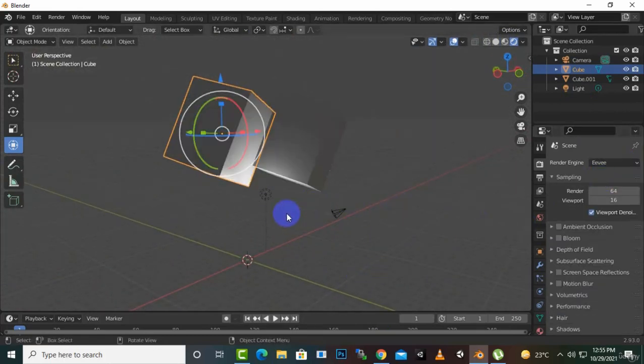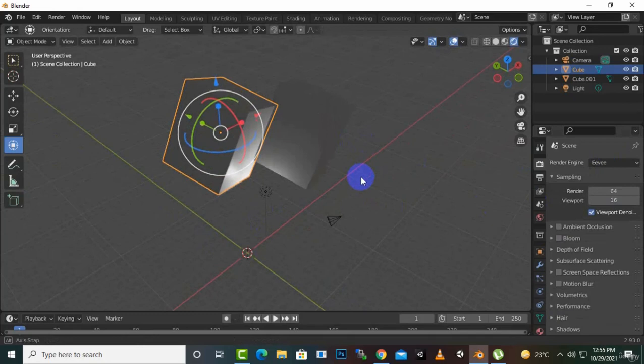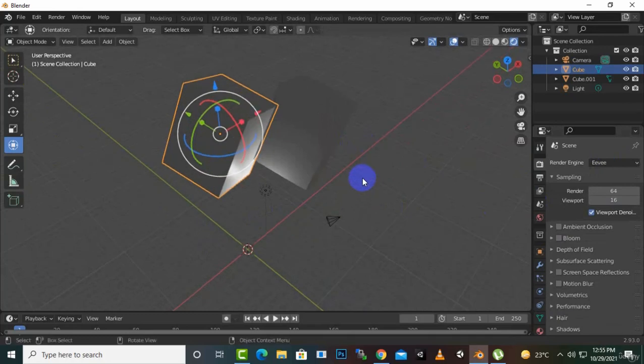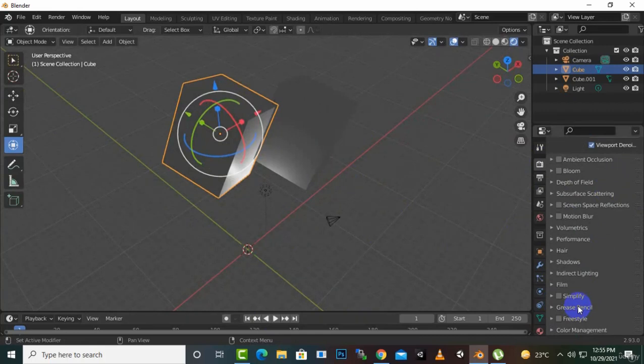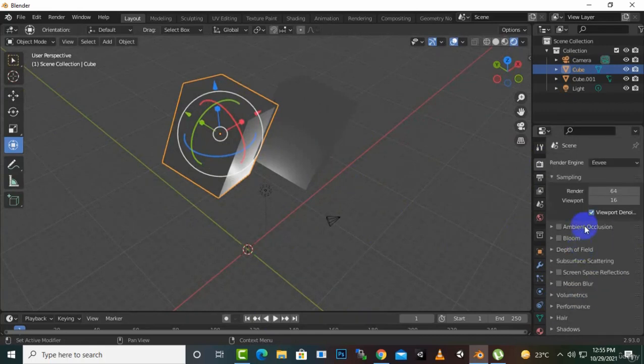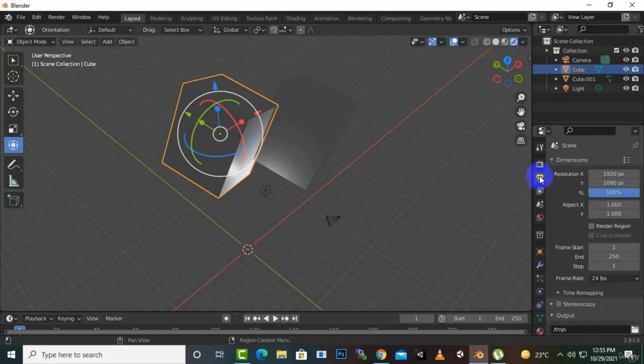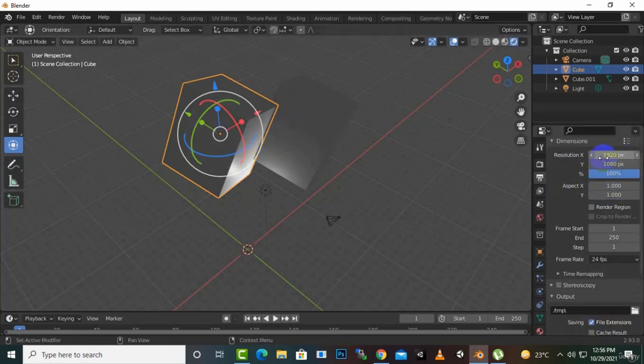But EV rendering is usually what we will select, which will not impact the overall performance of Blender, and it will also give us a better result. After the rendering, we will learn these settings in detail in specific sections, so I will not explore these things now. After that, we have this option of dimensions, where we have select an object, and these